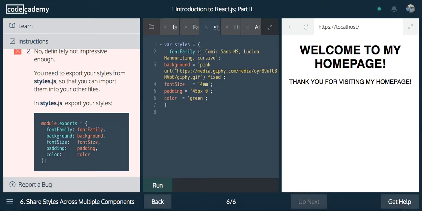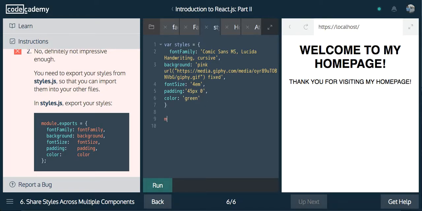Padding, and then color, and then let me change these all to, we're going to do it sort of my way, I guess, and background, font size, and then we'll change the key, and then font family, handwriting cursive, did I remove one? Yeah, I think I removed one, and then color green, and then